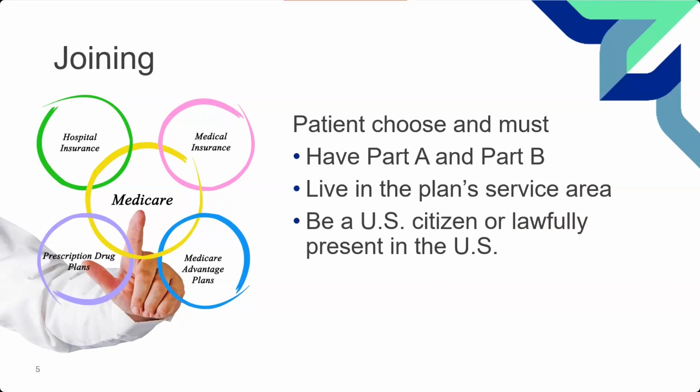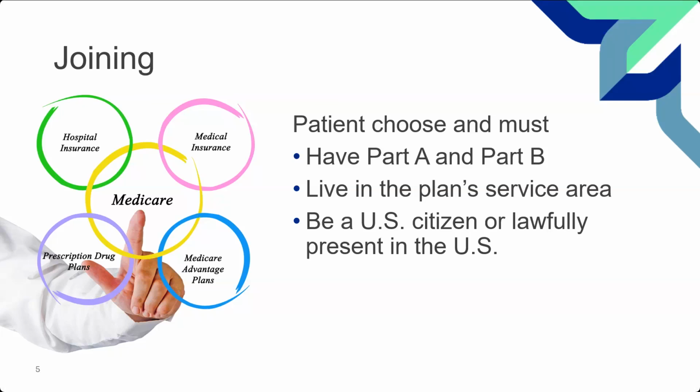So joining, how does this happen? First, for a patient, they have to choose the plans. Now, they do have to have Part A and B unless the plan is older and specifies that it's a Part B only plan. The reason that I say it is older is because for the Part B plans, the ones that just cover Part B services, CMS does not allow new plans. It has to be one that was already in existence and is already in place. So it has to be an older type plan. It doesn't mean someone can't join it today. It just means that it would not be in effect for that service.